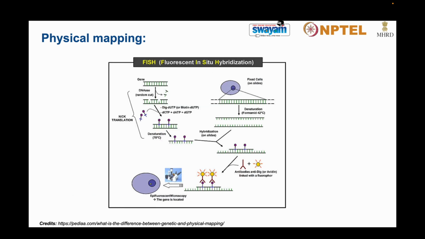Then there is another method, that is FISH, that is fluorescent in situ hybridization. In this you have the information of the gene, you cut it with DNases and you perform nick translation. A nick is the cut that is present here. When you remove some nucleotides, the cut that is produced is known as a nick. Nick translation means that you fill that nick,